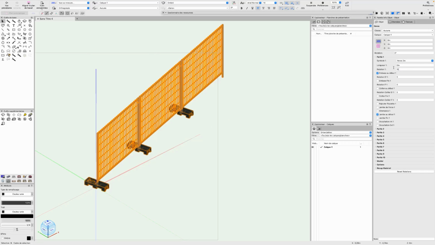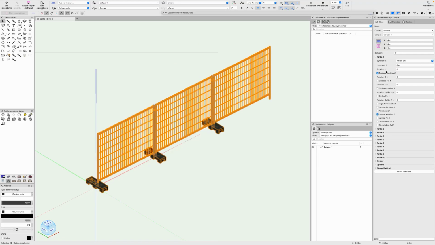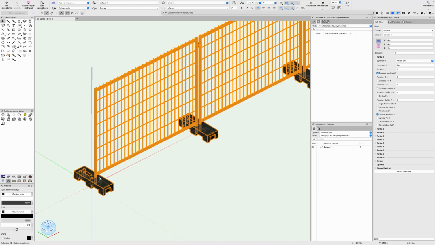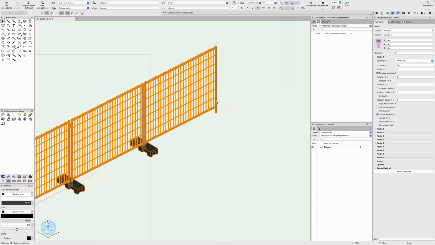I have an option here which allows me to add or not a base at the beginning, so here I can activate the base or deactivate it. I can also put a rotation here. We have the same thing for the end. Here it is not there. We can activate it and we see that the base has appeared,